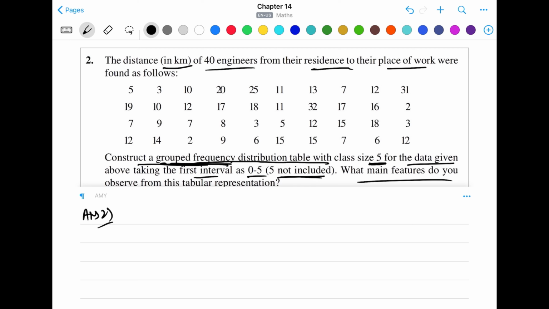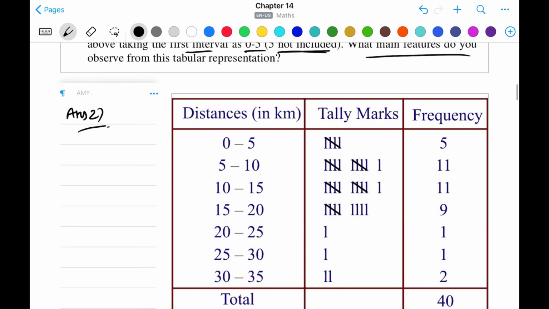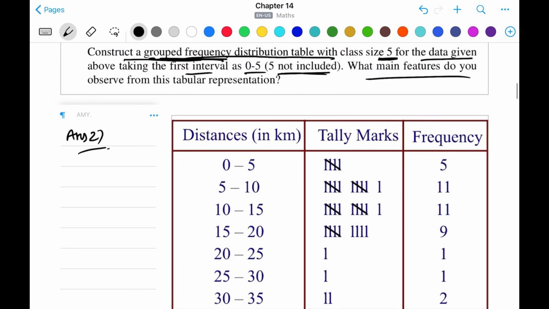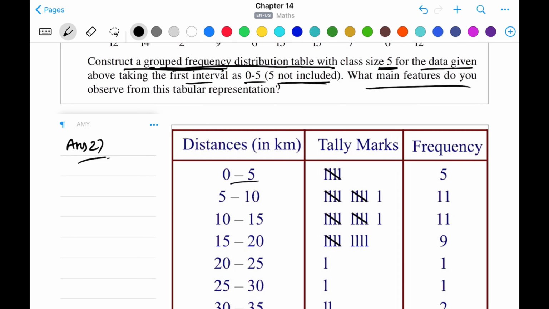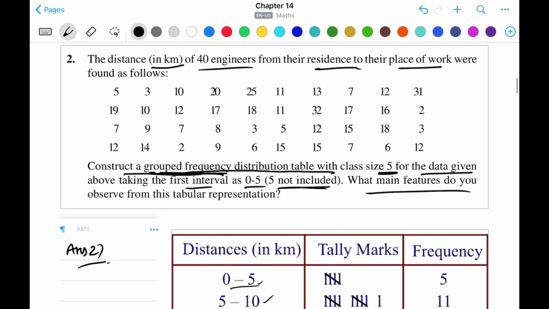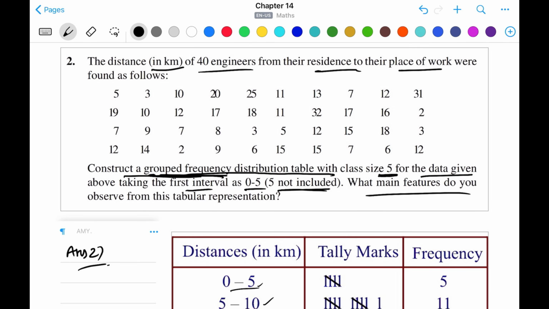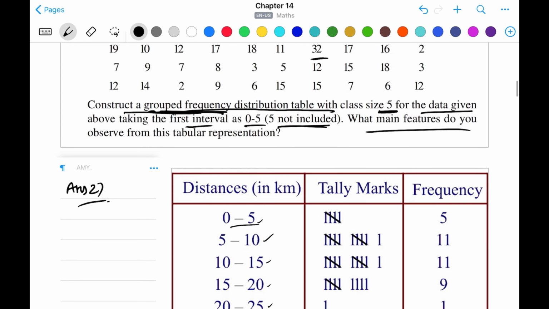First we're going to draw its table. Okay, let's draw its table now. So that's our frequency distribution table for this one. Like it says in the question, start with the interval 0 to 5 and keep the class width as 5. So we have made the intervals from 0 to 5, 5 to 10, 10 to 15, 15 to 20, 20 to 25, 25 to 30, and 30 to 35, as the highest number that we have is only 32. So there is no number which is more than 35, so we stop there.